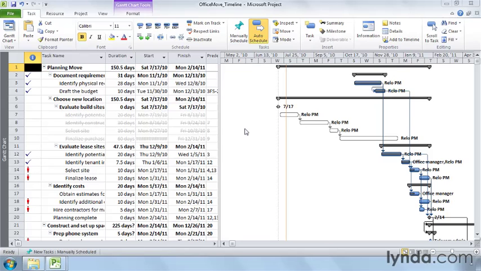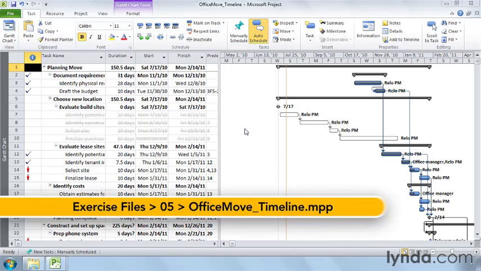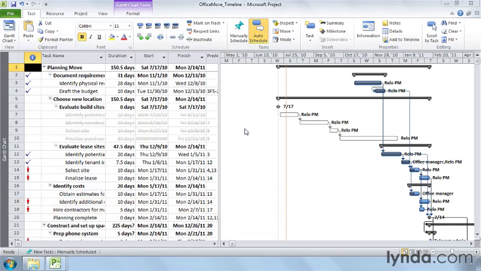The timeline is a new view in Project 2010 that's great for distilling key information about a project. You can emphasize a few important tasks on the timeline or add key milestones as callouts. But the timeline also provides an easy way to adjust the dates you see in the primary view in Project. You can drag the ends of the timeline bar or drag the bar itself so the timescale shows the dates